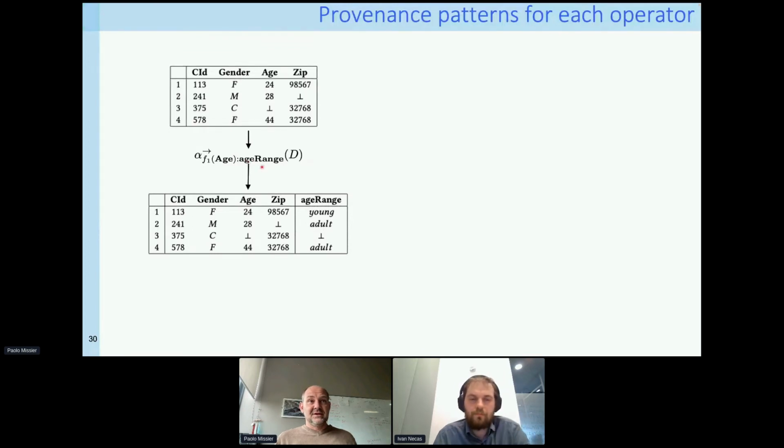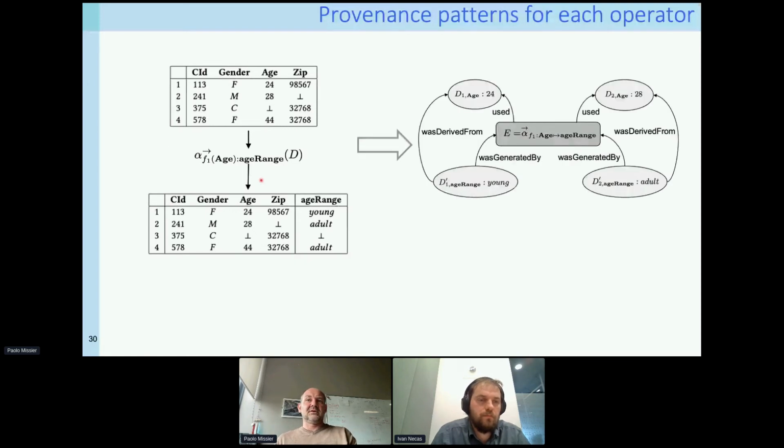Again, this is an activity, entity, but now the entities are the individual elements within this framework because we can observe all of them. We did this for basically Python and Pandas, essentially. And you come up with a little provenance fragment that looks like this, right? This is the instance of the activity, which in one case used the input 24, which is this, and produces young, which is this. And then in another case, I used 28 and produced adult, and I omitted the others. Okay, so basically there's one little fragment of this provenance for each of the cells in the data frame,